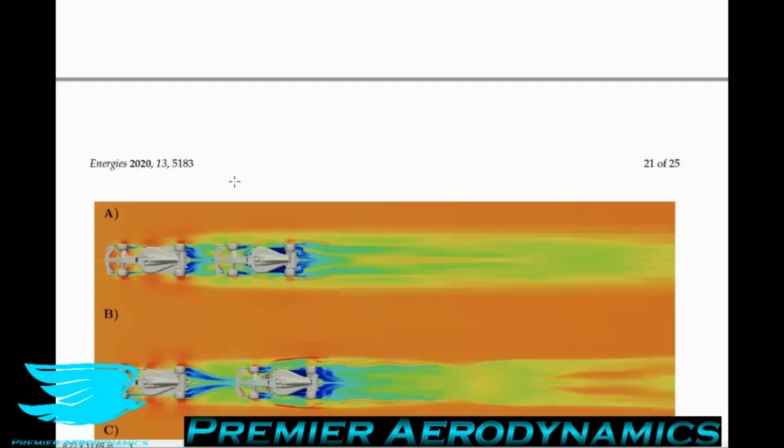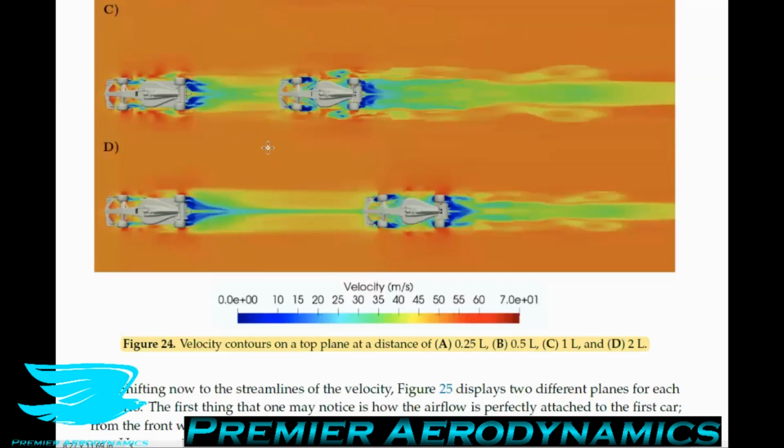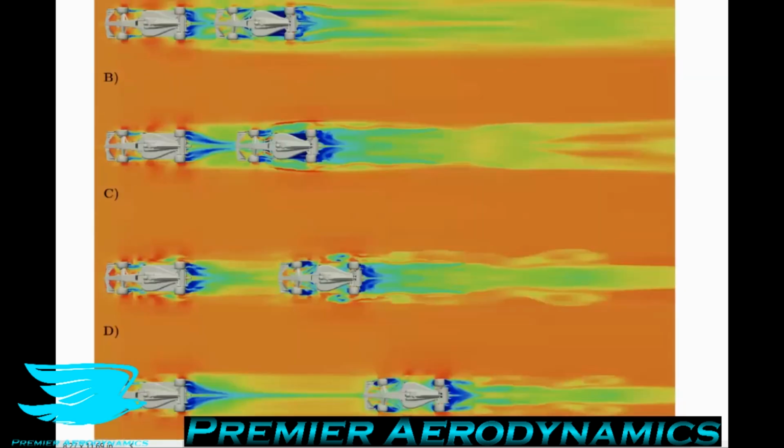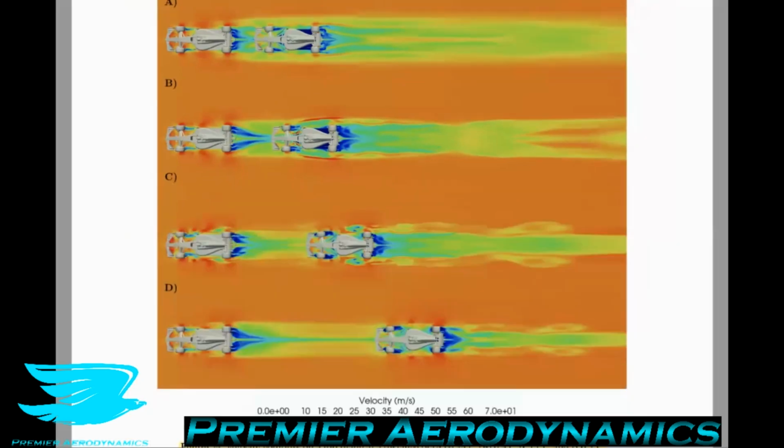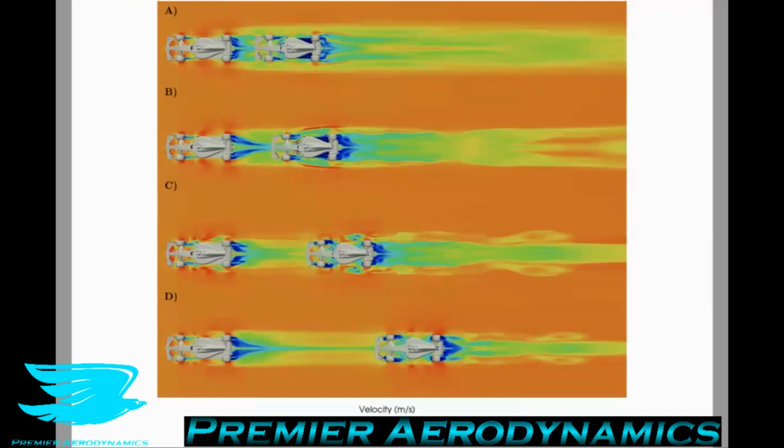So let's look at we have some really cool figures here of how the wakes from upstream affect cars from the car downstream. I'll zoom out a little bit more so we can see the legend. So on the wake side, these effects can easily be appreciated in figure 24, where the second car is affected by a flow that is lower in terms of kinetic energy, so that not only reflects the mass, but also the velocity of the air,